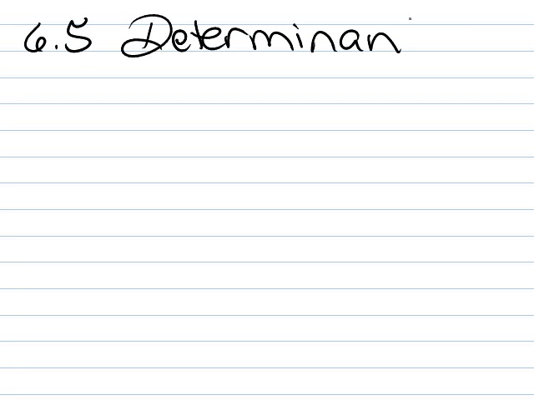Getting close to the end here, folks. I'm going to talk a little bit about section 6.5. I'm kind of picking and choosing here at the end. Talk a little bit about determinants. Determinants are important. Now, we kind of glossed over how to find inverses of matrices, and it's kind of good